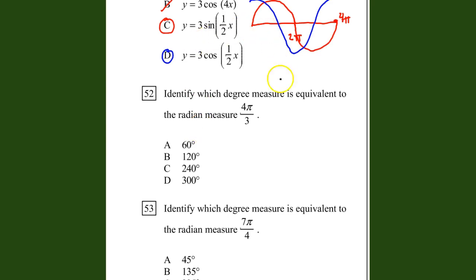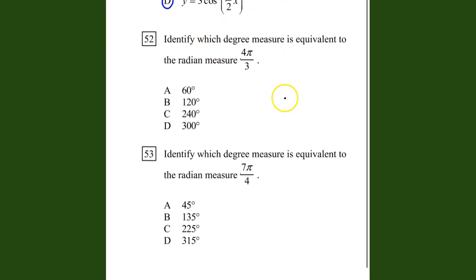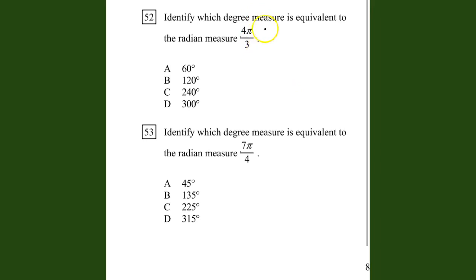Let's see here. Identify the measure equivalent on number 52. So we just need to convert this to degrees. You might have this memorized already. So if off the top of your head you're thinking it's 240, then you're correct. If not, you can go ahead and convert it. Conversion is 180 over pi, and you can just divide those pi's out and do 4 times 180 and then divide it by 3 and you get, let's see here, get the 240